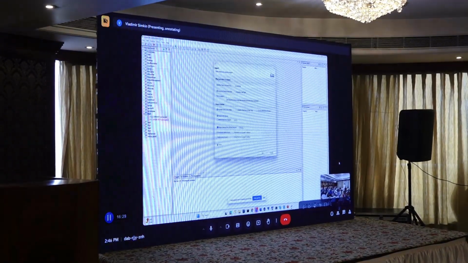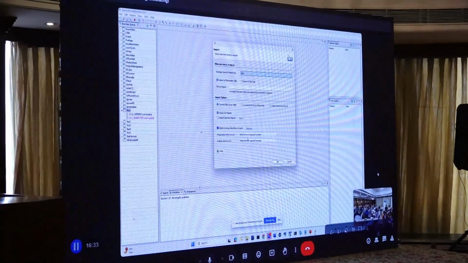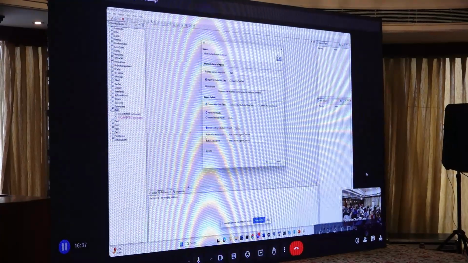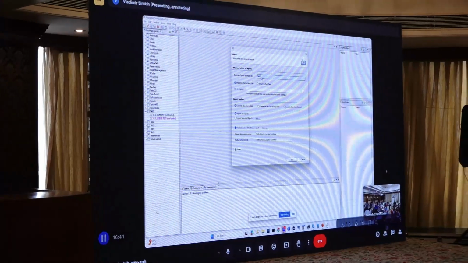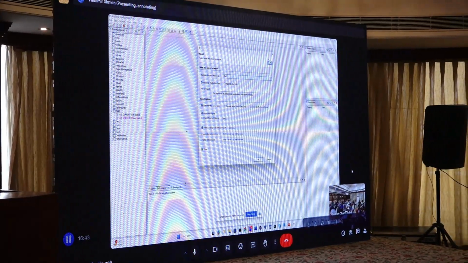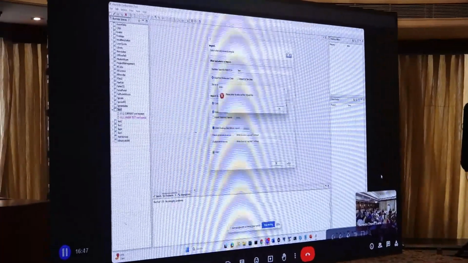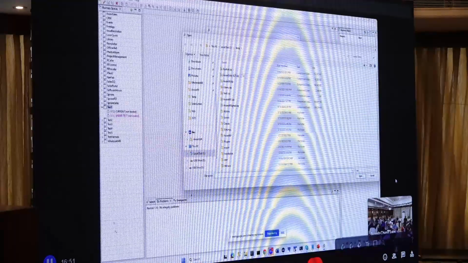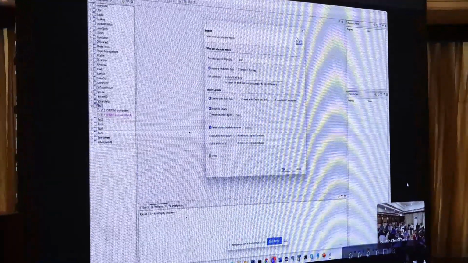So I will import data into the test one environment, and this test one business space has nothing to do with RenFab. So if we try to import the data, which is RenFab data, into some arbitrary business space,